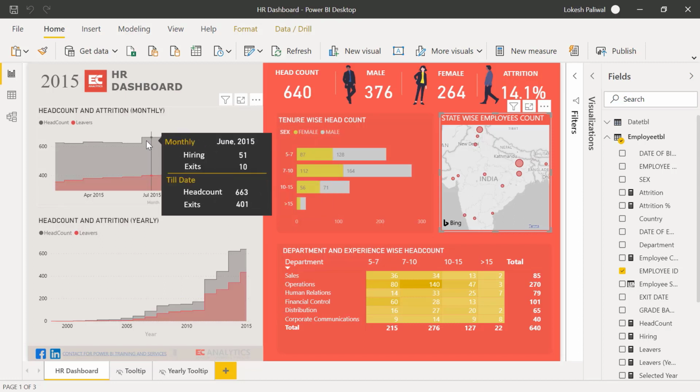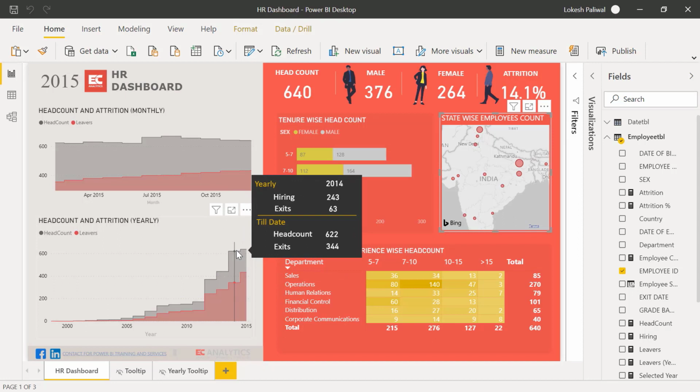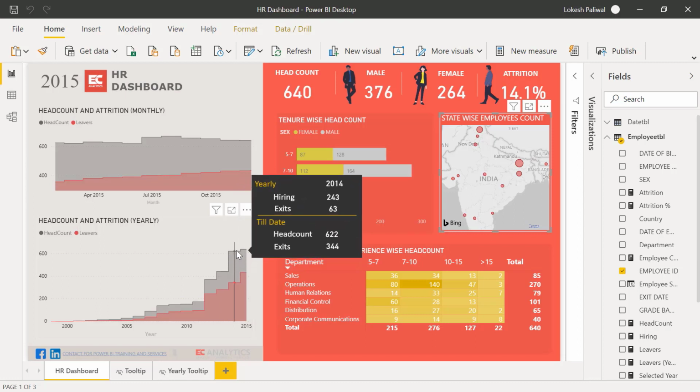Now the chart which we have used here is a step chart, where the height of the step represents how many employees we have hired. That step represents your hirings. For example, when I hover on this point, which is 2013, you can see headcount is 442. But when I hover on the next dot, headcount is 622, because hirings in this year were 243. So the size of your step indicates how many hirings you had in that year. Obviously the headcount calculation also takes care of attritions. This is what we have visualized in this last visual.